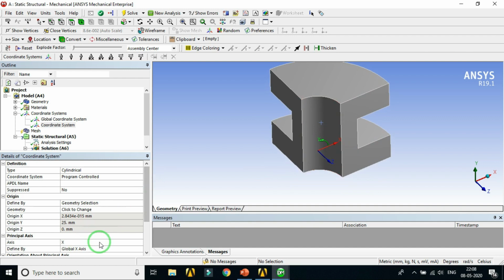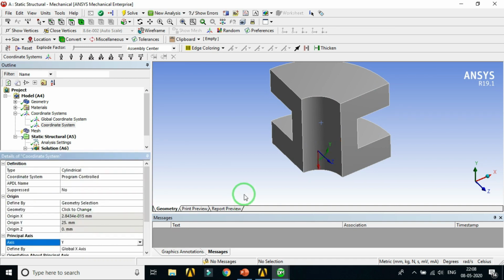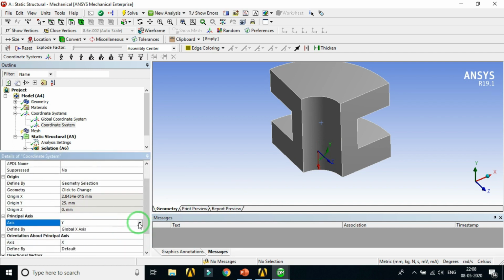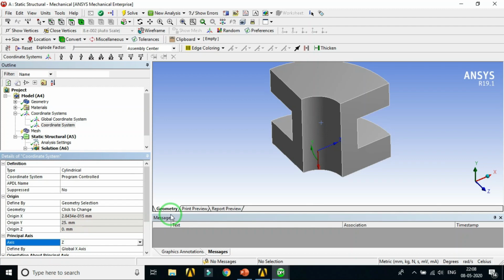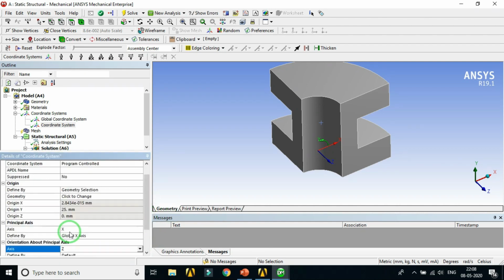For that, click on this x-axis. We have to see the number of configurations here to get the rotation about the y-axis. Sometimes it is difficult to get the rotation in the first click, so we have to change this axis.